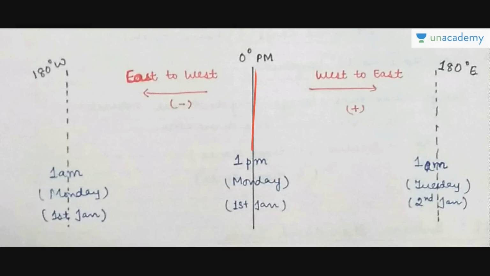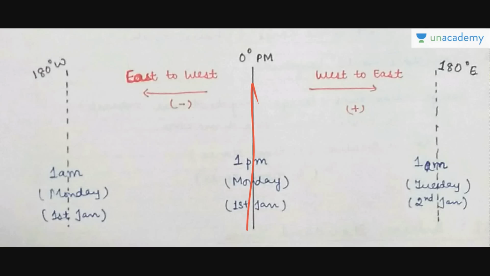See, this is 0 degree prime meridian. And first of all, you have to imagine that this is a globe. I have presented it on a flat sheet of paper, but you have to consider it to be a globe or a round body, or a ball kind of thing. So suppose this front is the 0 degree, and this whole is a round body. So this line is exactly opposite of this 0 degree, so that is 180 degree.